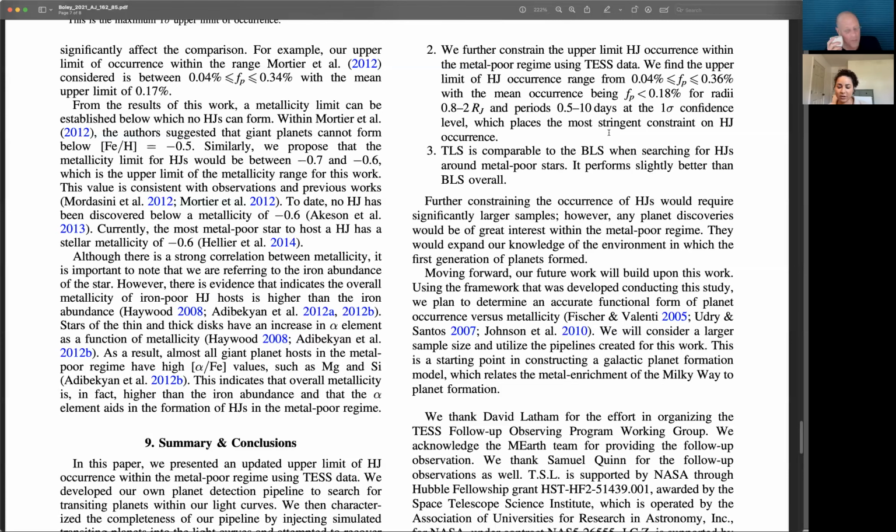And I think that a lot of people were actually really interested in this paper because basically up until TESS, there weren't very many papers that were looking at this, but people have been very interested in it. And I think since this paper has come out, we've started to see a lot more research in the field trying to get after this question of what happens when we don't have a lot of material to form planets. Right. And so, yeah.